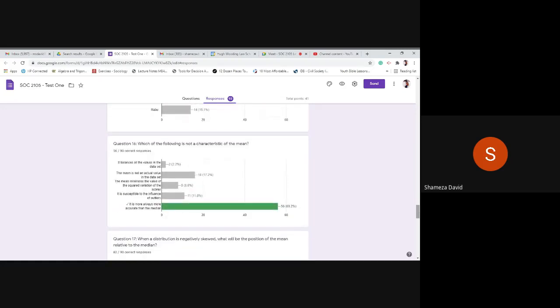And then, which of the following is not a characteristic of the mean? Now, again, more than half of the persons got the answer correctly, but it balances all the values in the data set. That is what the mean does. It sits in the center, and everything else surrounds the mean. All the other values are measured in terms of how far away they are from the mean, but it is